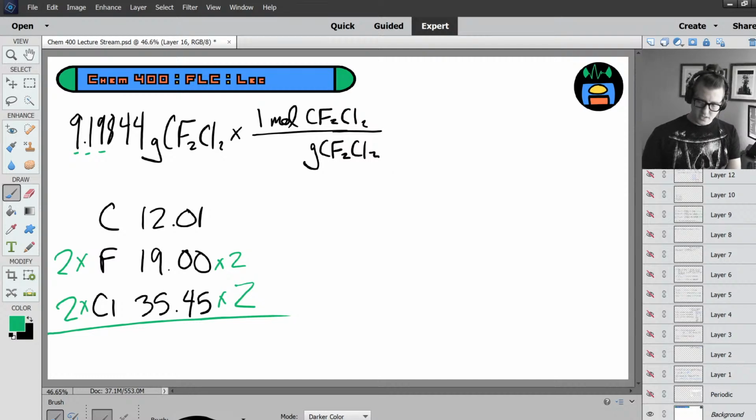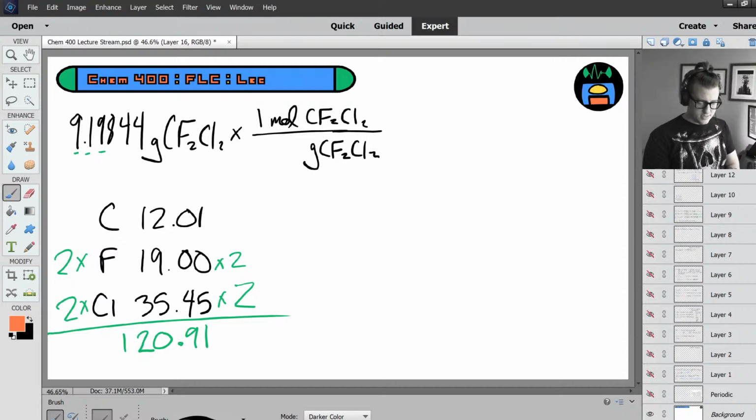It's 35.45 times 2 is 70.9, plus 70 plus 12.01 gives us a mass of